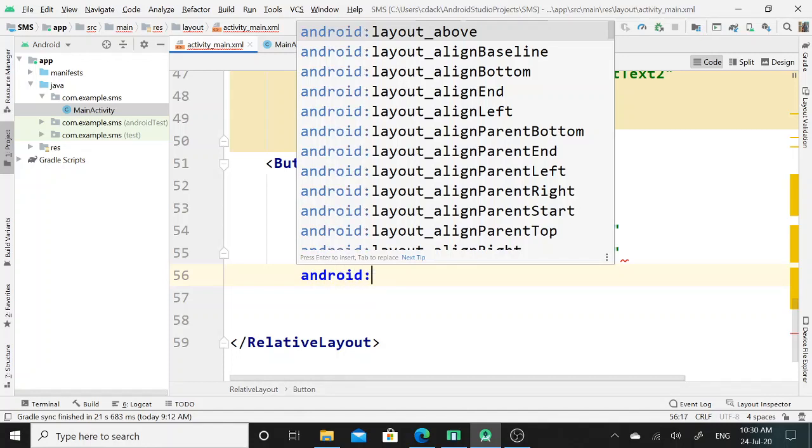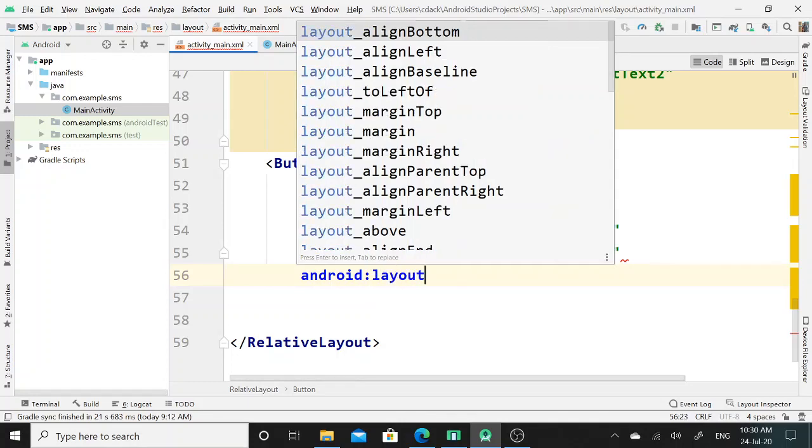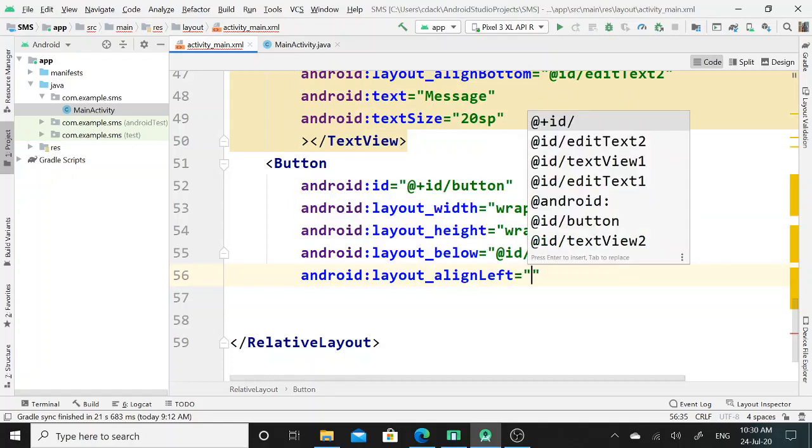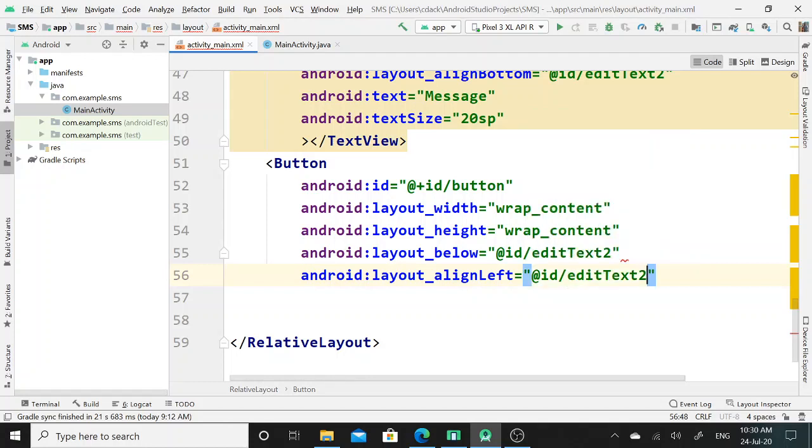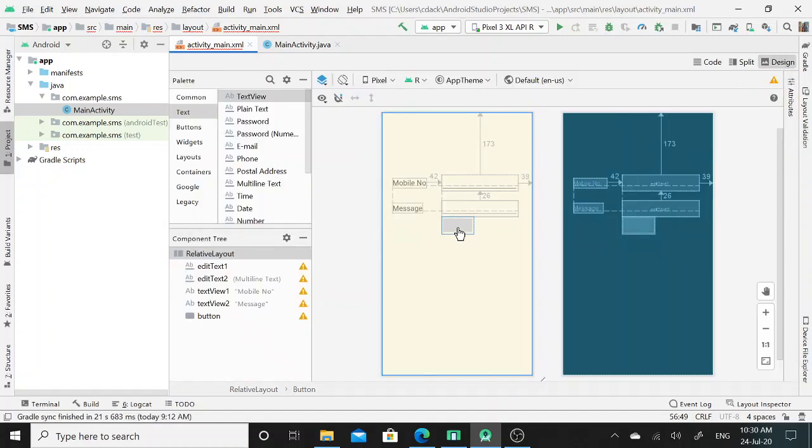Next property is layout align left. Here I will set the ID of edit text 2. So this is button.